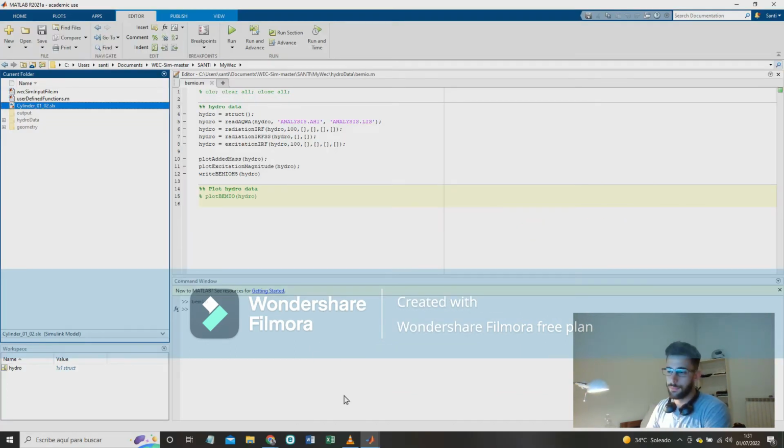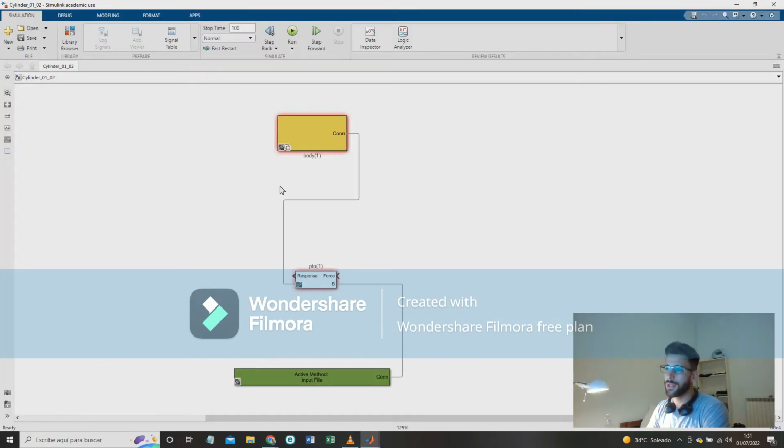First, the simulated model. The simulated model is as simple as this right here. Okay, this will be the seabed, which is the global reference frame. This would be the power takeoff. It's a translational power takeoff, and this would be the body, our rigid body. It doesn't know what this is yet, so we're going to find this on one of the two files that are